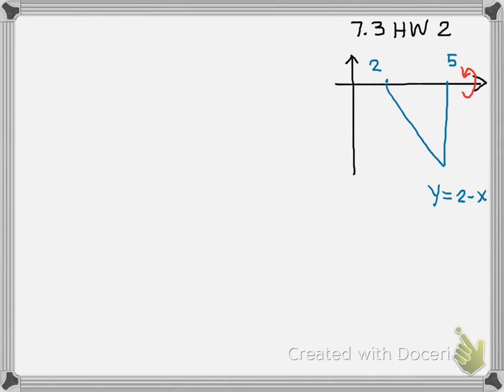According to the summary of the shell method, because the axis of rotation is horizontal, we would use dy. So the formula is 2 pi times the integral from a to b, p of y, h of y, dy. Now we plug in all the numbers in order to evaluate this integral. So we have 2 pi